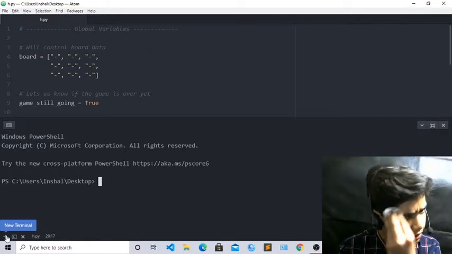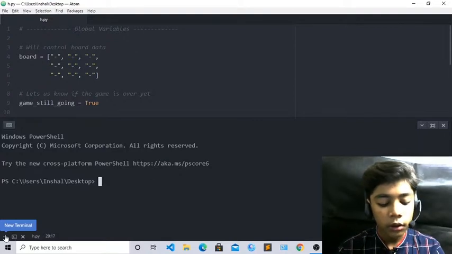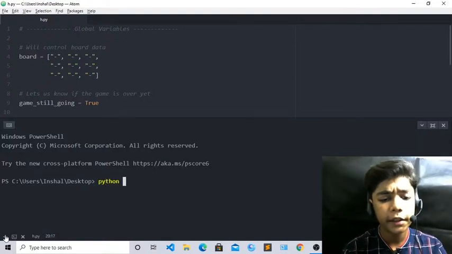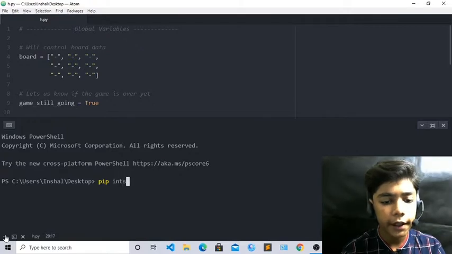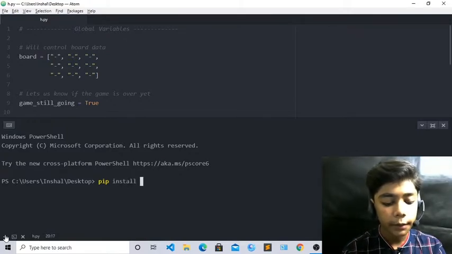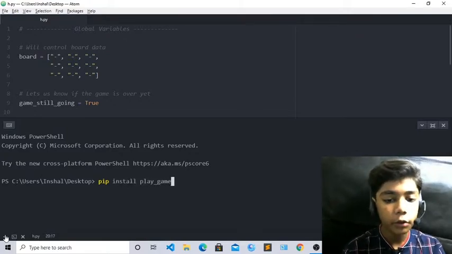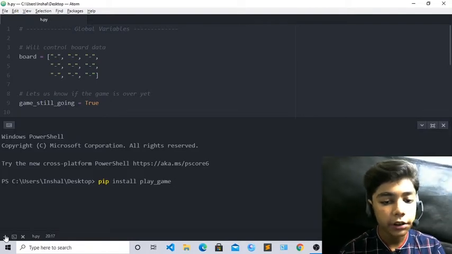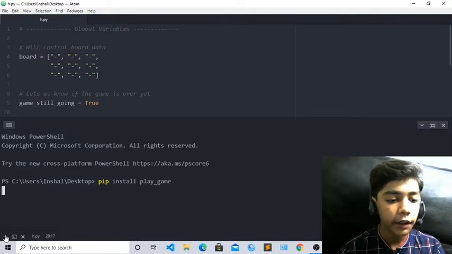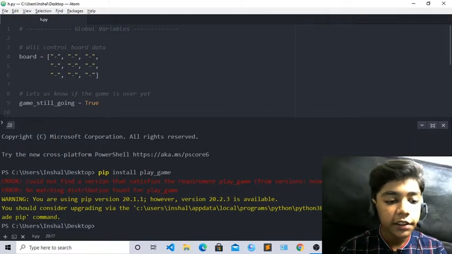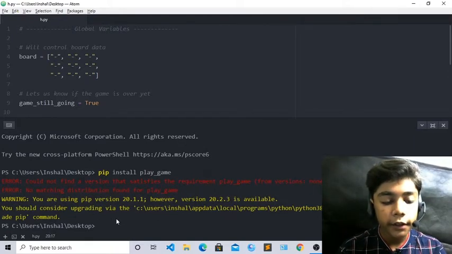Now we will check whether that is working or not, okay. So now come over here and write pip install play game only, okay. We do not have to write these 2 brackets, because it will give a syntax error, okay. Now you can see there is an error again, but it is not like the previous error, because that was the syntax error.